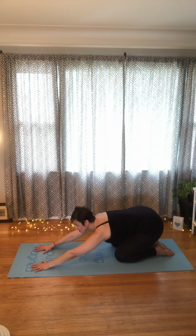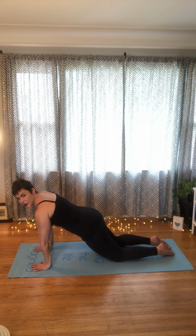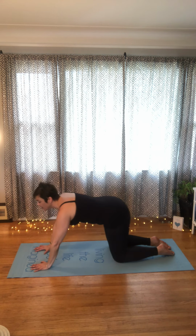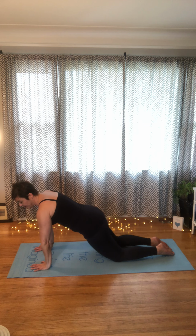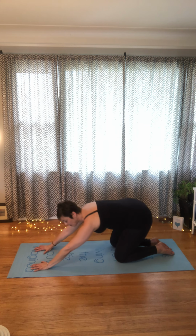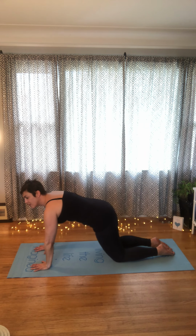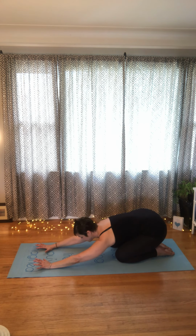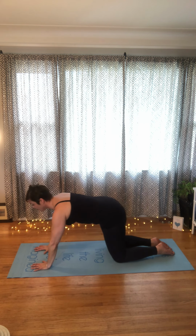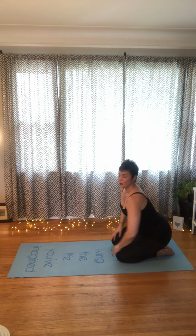So our exhale goes back to child's pose. Our inhale comes to kneeling plank, tighten up at the core. Exhale back, inhale forward. Exhale, because this is where we relax. Inhale, this is the work. Exhale back. Inhale forward. Last time, and we'll stay back for a moment, resting in your child's pose, taking a moment to just release